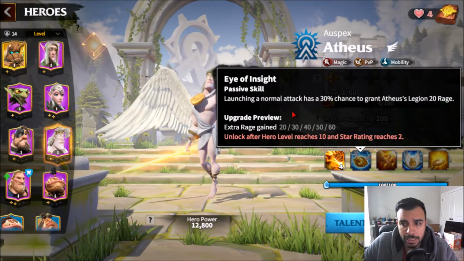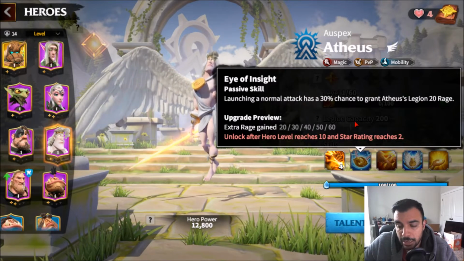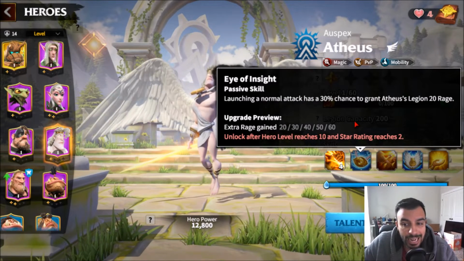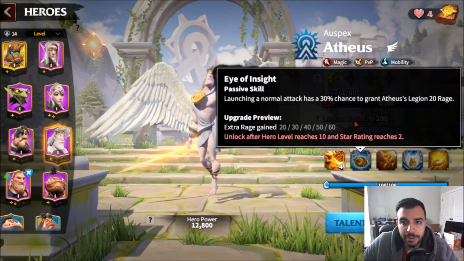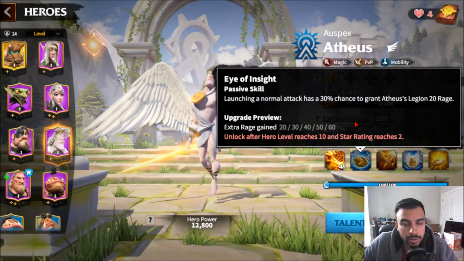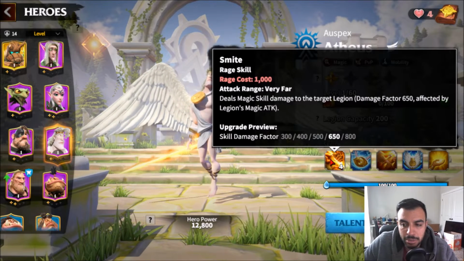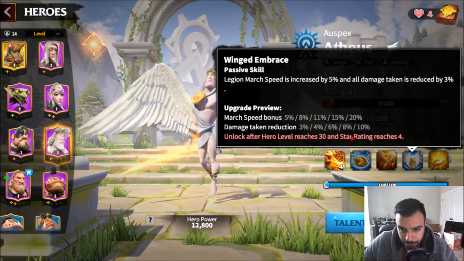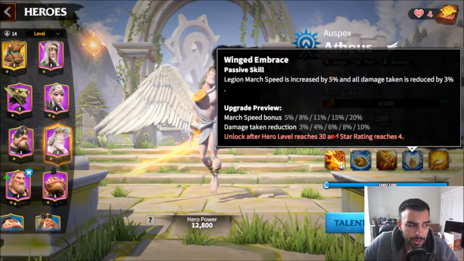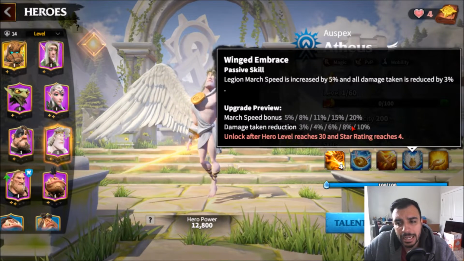I like this. Launching a normal attack has a 30% chance to grant Atheus 20 up to 60 rage. I really like this. I say this because it almost kind of feels like you're running a ranged sniper type unit that just has a chance to get a bunch of active procs off. And then we go 4, which I like here for him because of the march speed bonus and the damage